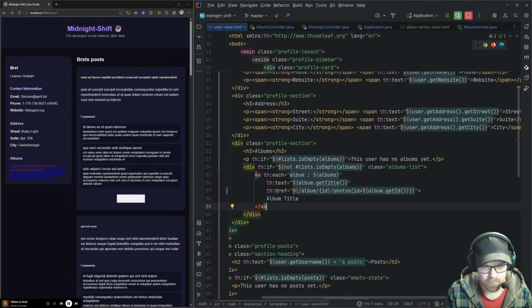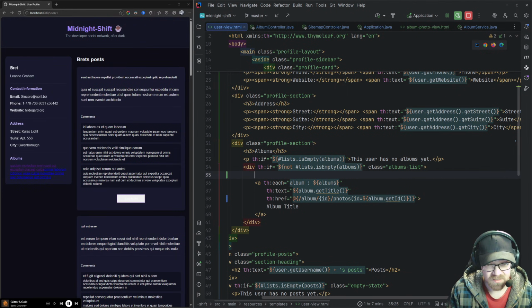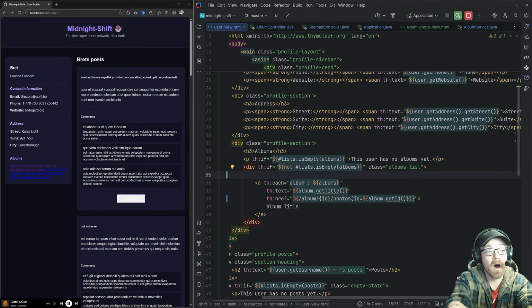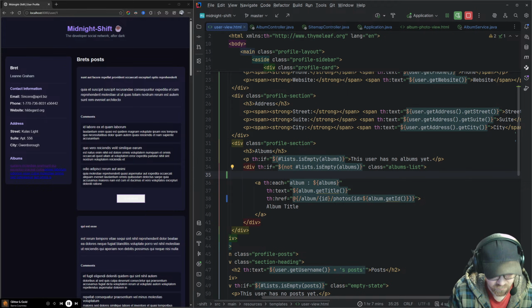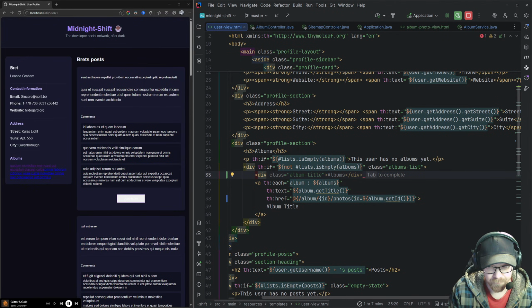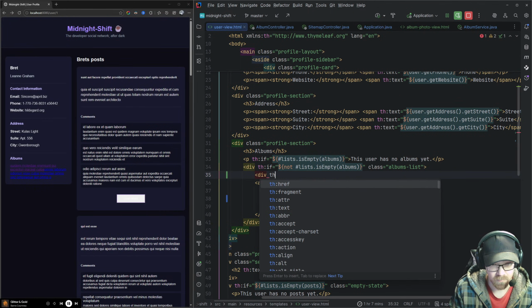Okay, now so this is definitely not how I meant to do this. So this should probably be a div. And in here, I should probably say th for each.